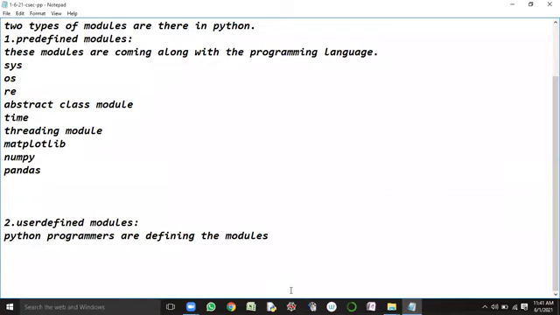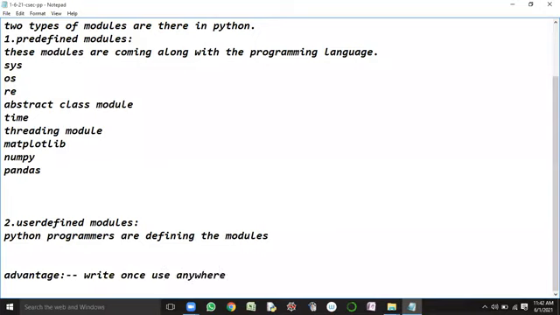Now, if you look into the importance of this modules concept, what can we achieve with modules? The advantage, importance or purpose of the module is: write once, use anywhere.